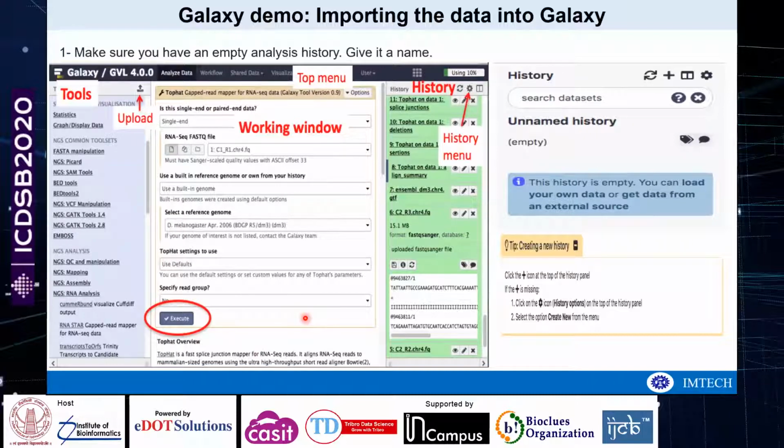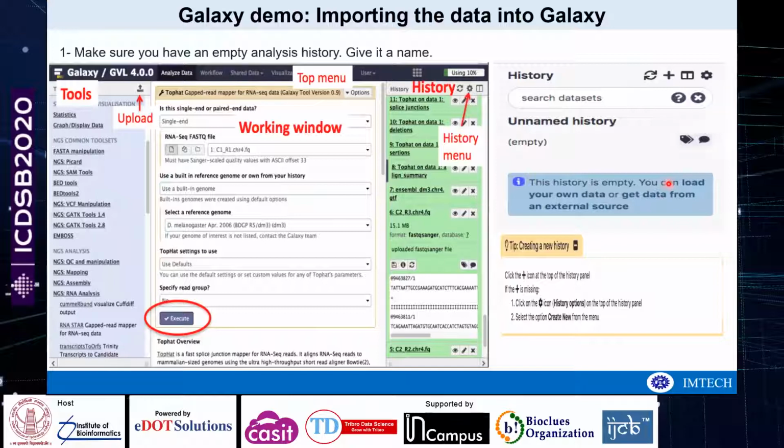So first you need to create a history of your own data set, like they have mentioned here. For this you have to click on this plus icon at the top of the history panel, and if this plus icon is missing, you can go to this setting and then create new from the menu.